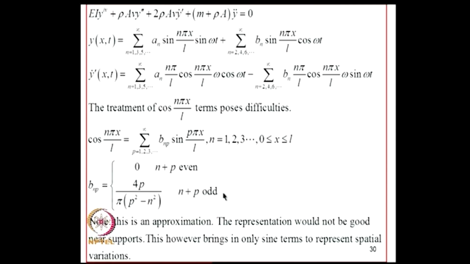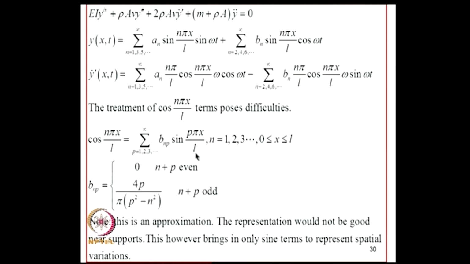Now we substitute this into the governing equation, we compute y dot prime, and we will have a problem here because we have sin n pi x by L, and when I compute the mixed derivative there will be a cos n pi x by L term. This term will be difficult to handle. So what we do is this cos n pi x by L term itself we will expand in a Fourier series containing sin p pi x by L terms,